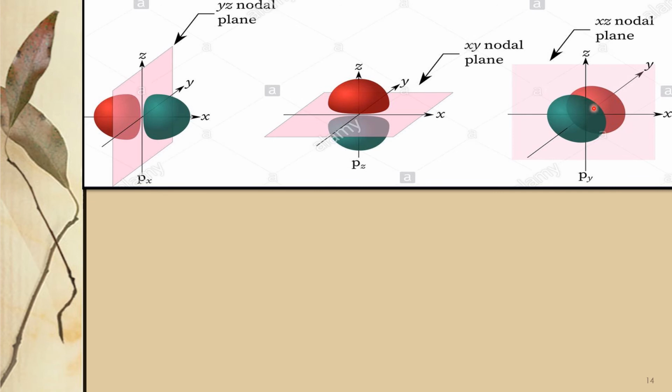Now, what is the nodal plane for the py? Electron is available along the py orientation, the y orientation. So this is the area where the electron is available. Here, in the z area and the x area, electron is not available. That means the z plane and x plane, the xz plane, is called the nodal plane for the py atomic orbital. Whether it is 2py, 3py or 4py, for every py orbital, zx is the nodal plane.